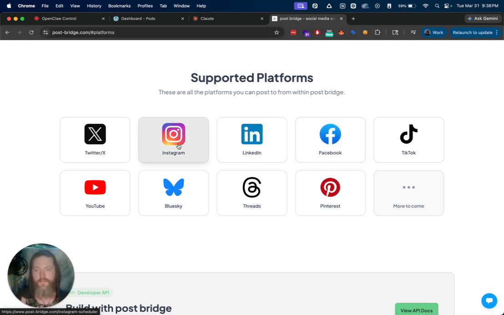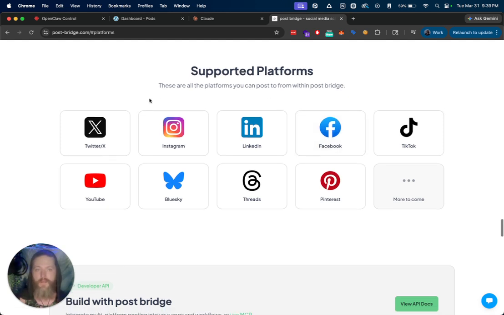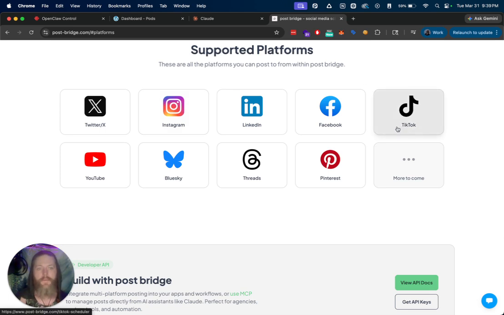Facebook and Instagram are super complex, more than you'd probably think. I was able to build the integration with X pretty easily. It took less than an hour to get it up and running. Both Instagram and Facebook are potentially another story, because you have to submit for approval, and their approval process is really slow, a big pain in the ass. So if we can bypass that by using PostBridge API, hell yeah. And then look at all these other platforms that we can basically start posting to